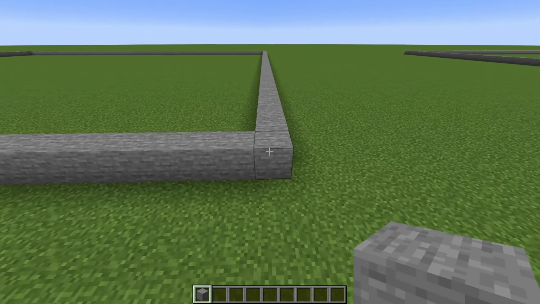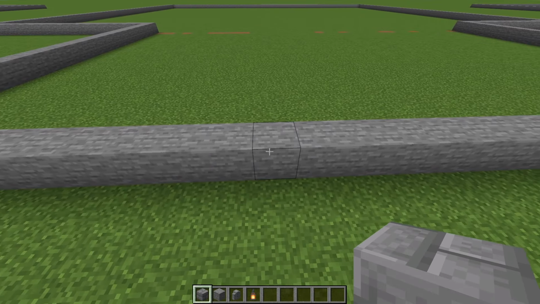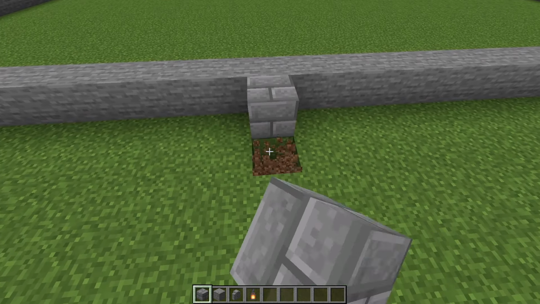And then you can come along here and just remove this line of blocks. We're not going to need them anymore. Okay, once you've removed that line there, come along to the front. And starting from the corner, we're going to count along 17 blocks. 14, 15, 16, 17. So on the 17th block, we're going to place a stone brick in front,